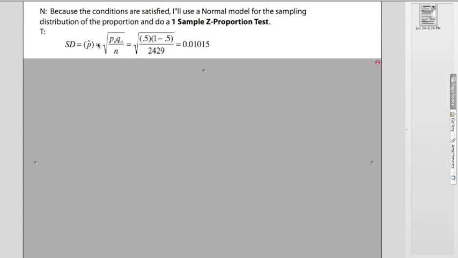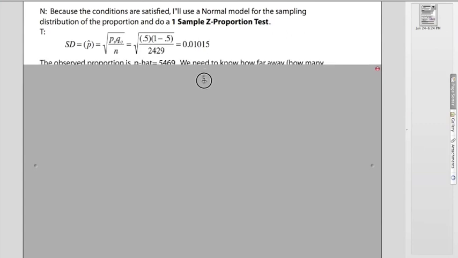The standard deviation formula for p hat is the square root of p0 times q0 over n. You work that out, you get 0.01015. It's a pretty small standard deviation. If I bring this down,